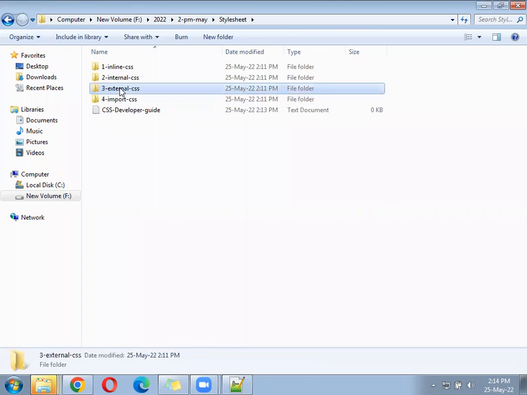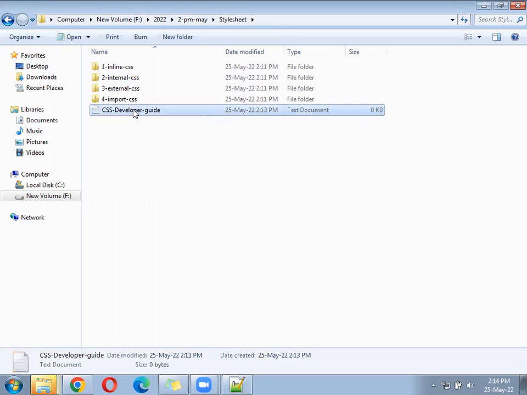Import is like the external only. External is also like the internal itself. So everything is internal only. Under the external and import, one line will get changed. Remaining all same. So we'll go to the developer guide first, and we'll make a few lines of notes about